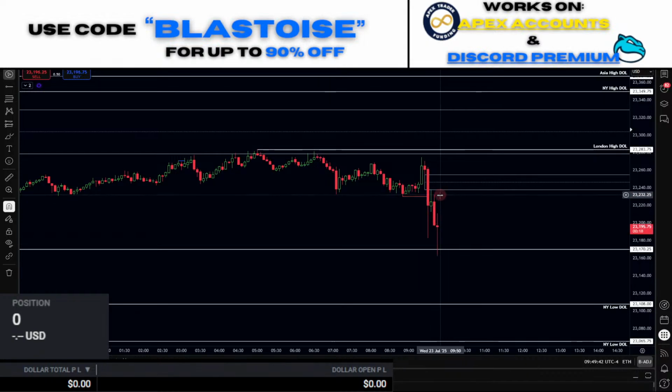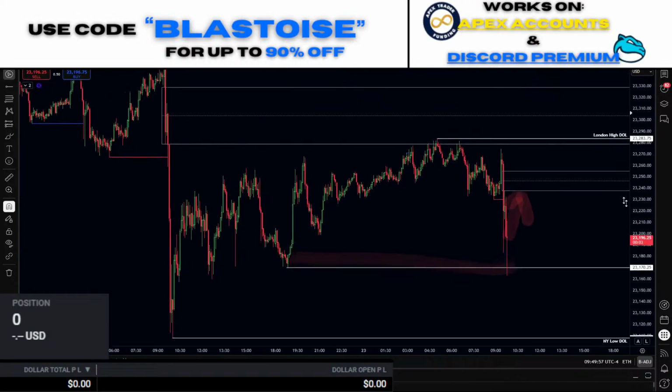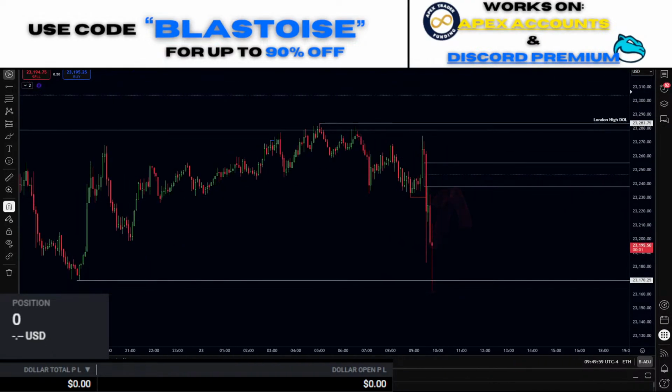If we can get a little bit more buying pressure and we hold above this level of liquidity, pretty much what we're getting is two confirmations in one kind of push. You know what I mean? Those two confirmations being the DOL sweep, or the DOL sweep followed with an MSS model on the smaller time frame, right? Because if you look at like the 1 minute and the 5 minute time frame, you will notice